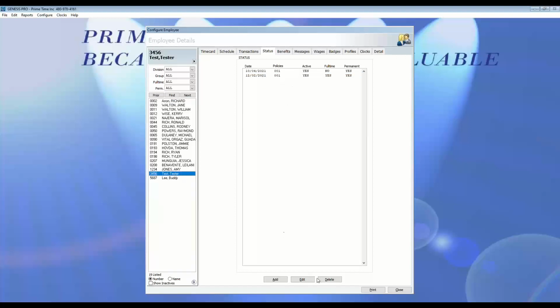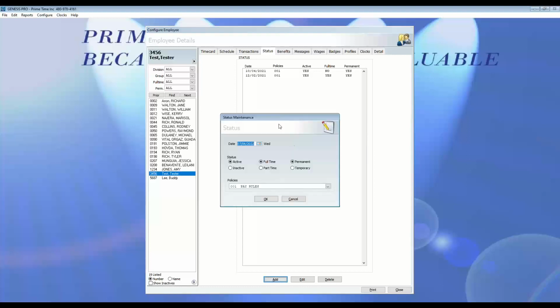Come back to our tester, and I'm going to go ahead and click Add, and we'll just put a date. And we're going to choose inactive right here. I'm not worried about any of these. He was already full-time, permanent, and policy 1 before, so that's fine on his inactive status. I click OK,